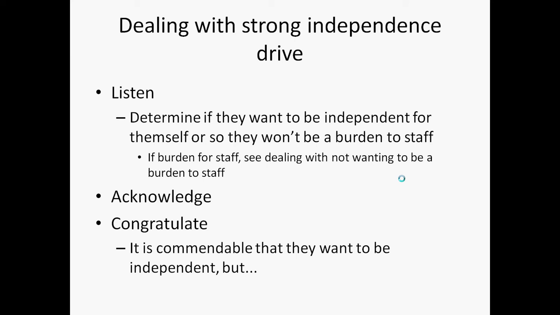Say something along the lines of, oh, it's commendable that you want to be independent. If every patient was as motivated as you are to be independent, then we'd be a very efficient healthcare system. I'd be one of the greatest staff members, being able to get my patients so fit and healthy because they have such a strong independence drive. But